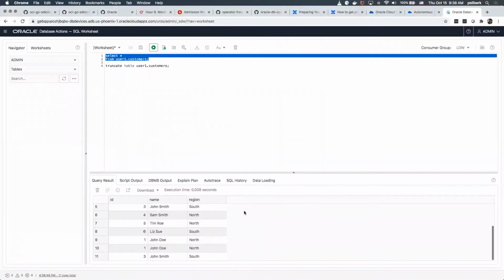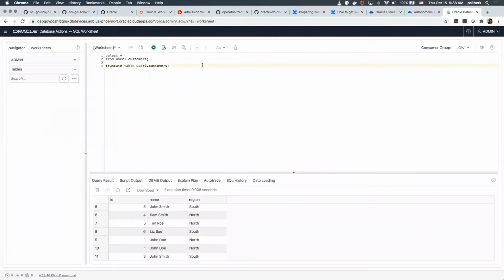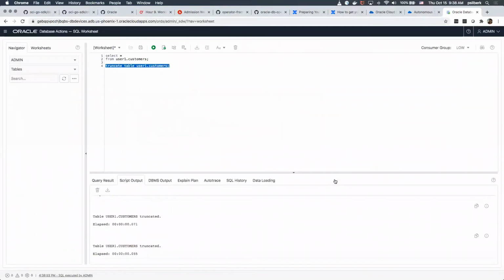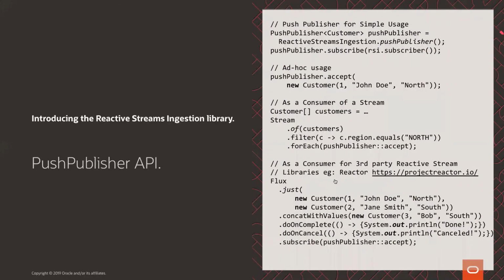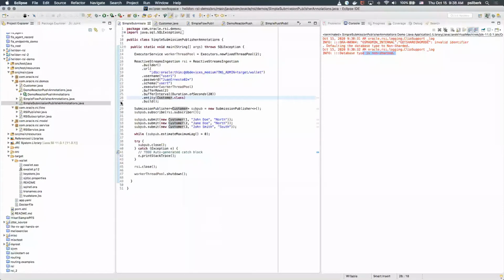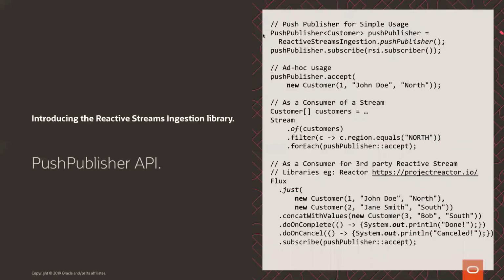I didn't truncate, so there are many records from before. But you know the point, right? When you are using the push publisher, you have no feedback, so there is nothing that the library can do. But when you use flow, the publisher knows that it has stopped before sending more records. Okay, let's keep going.